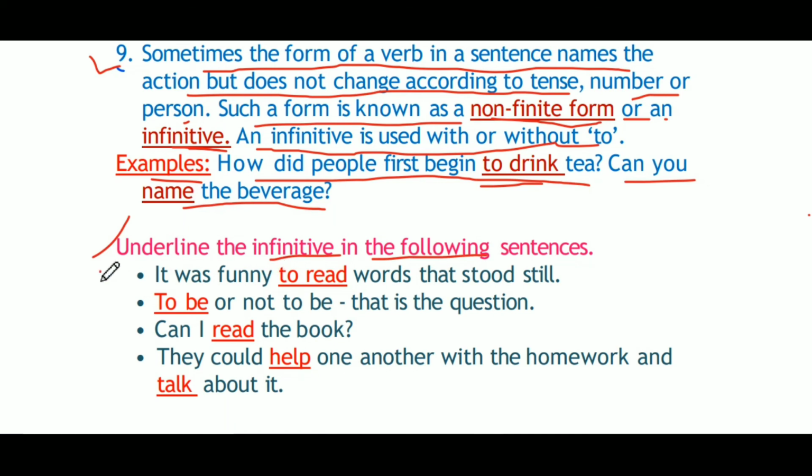Now underline the infinitive in the following sentences. Answers are given directly. First, it was funny to read words that stood still. The infinitive is to read. Second, to be or not to be, that is the question, and the infinitive is to be. Next, can I read the book? The infinitive is read. Last one is they could help one another with the homework and talk about it. The infinitive is help and